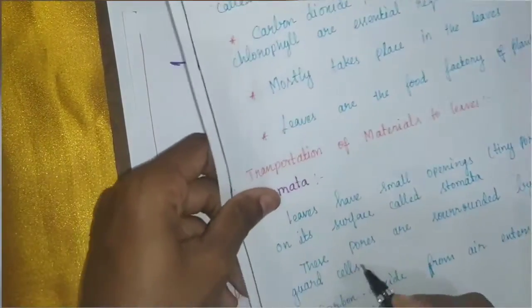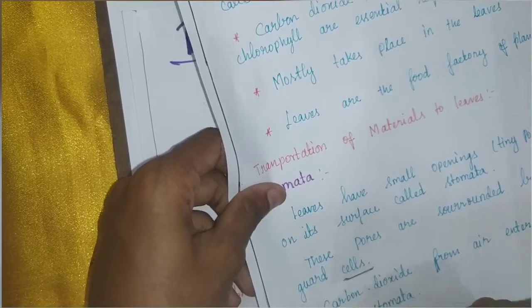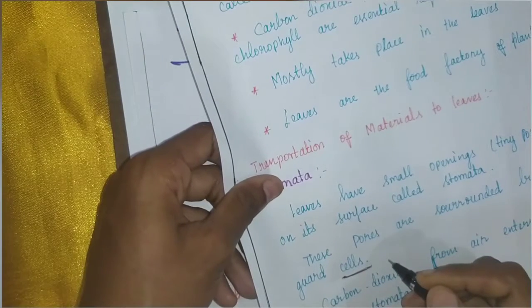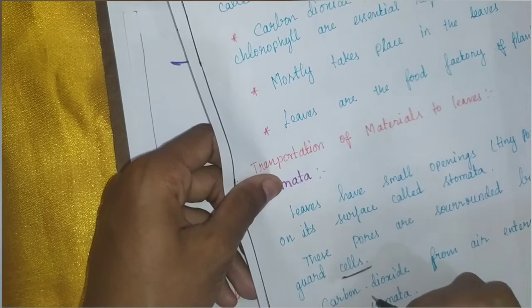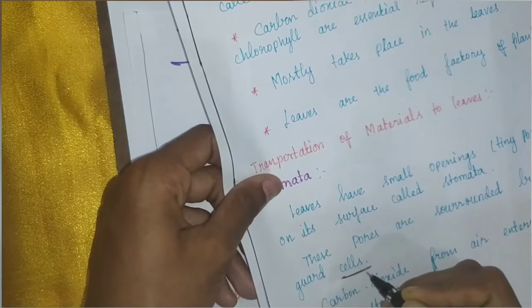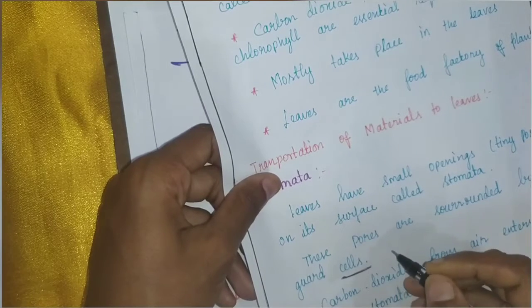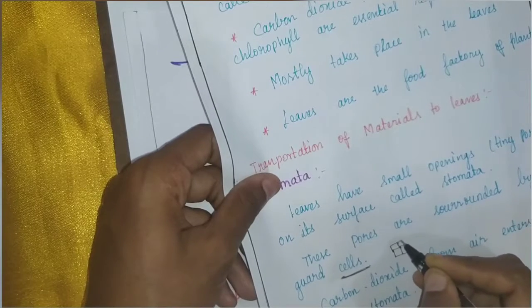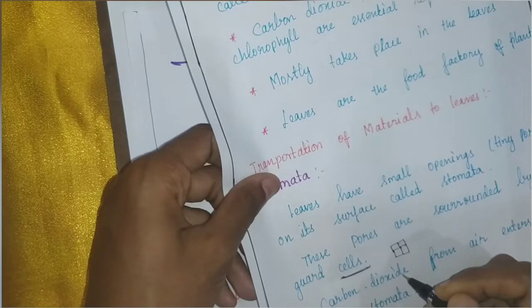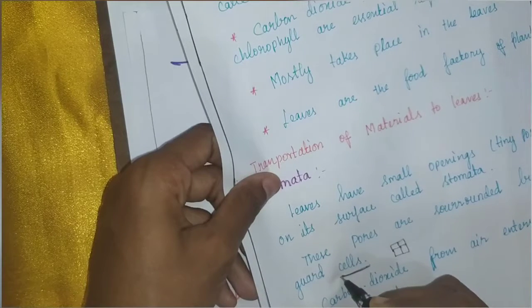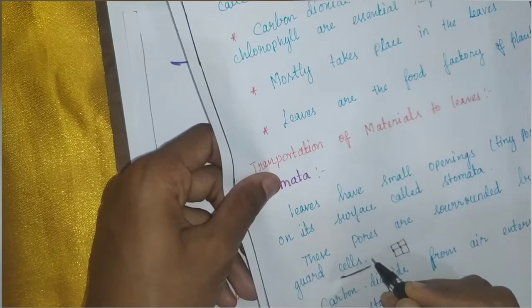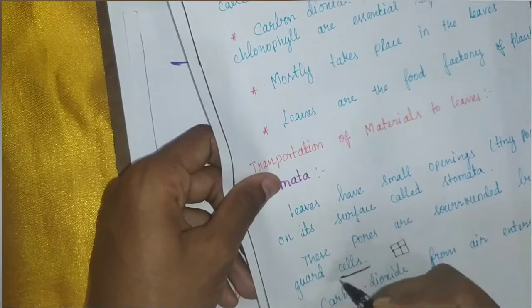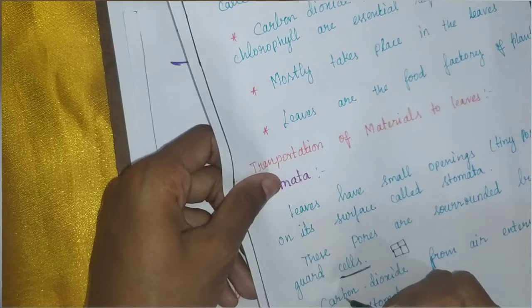Cells are nothing but tiny units of living organisms. All living organisms are made up of cells. Like a building: how do we construct a building? By using small bricks. By arranging small bricks, we construct a very big building. In the same way, these small cells join and form the organs and the body of living organisms.